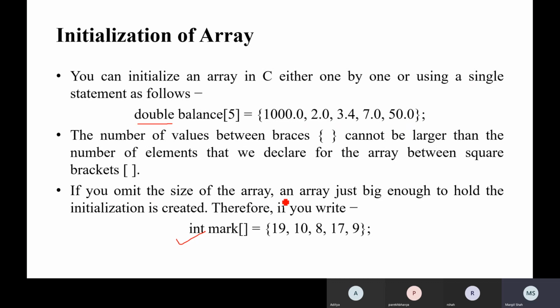If you omit the size of the array, the array is just big enough to hold the initialized values. Therefore, if you write this one, it automatically initializes. So both ways are correct, and these two are known as compile time initialization, because at the time of declaration we initialize the array.